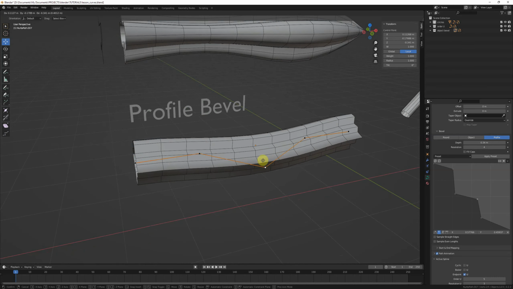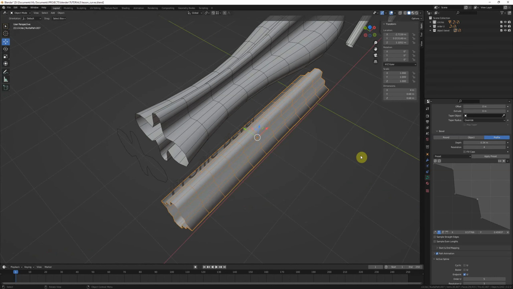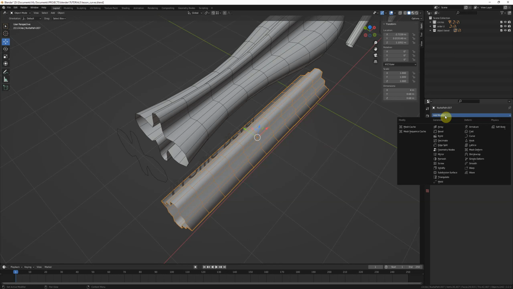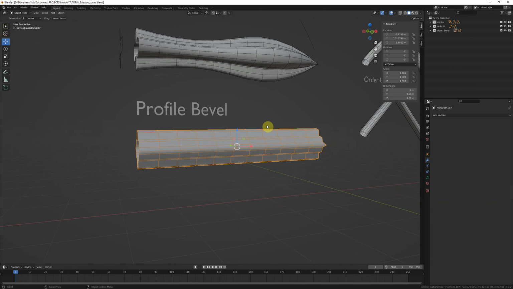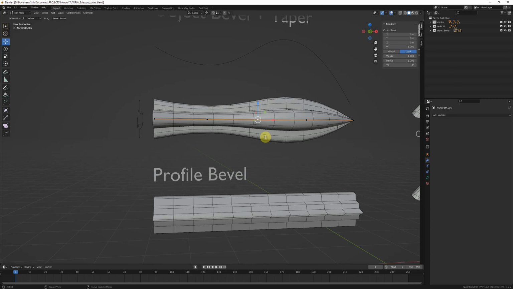And even this tube itself, right? Keep in mind that this is also a curve, which means modifiers can be applied to this as well, such as shrink wrap, or I don't know, whatever else you want. Probably just simple deform or shrink wrap is what you would want, but those are some options. And then you even have a choice